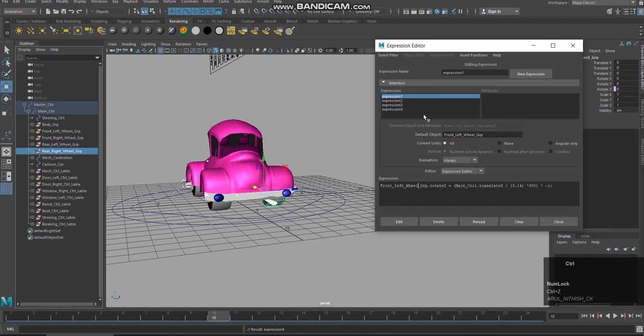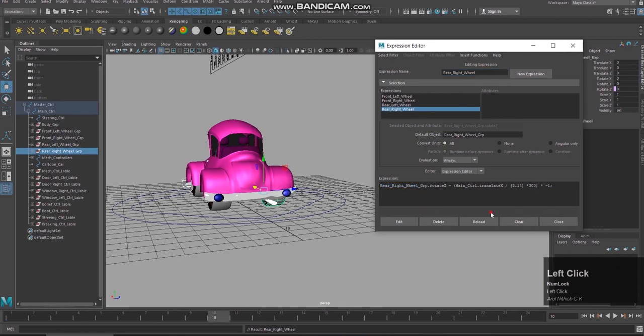Change the expression name: front left wheel, front right wheel, rear left wheel, and rear right wheel.